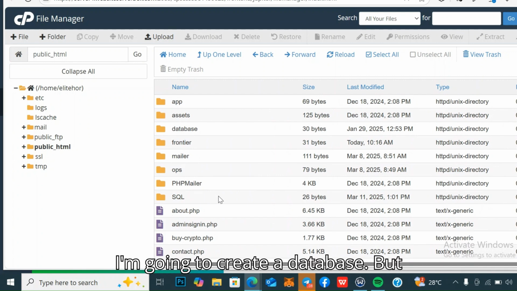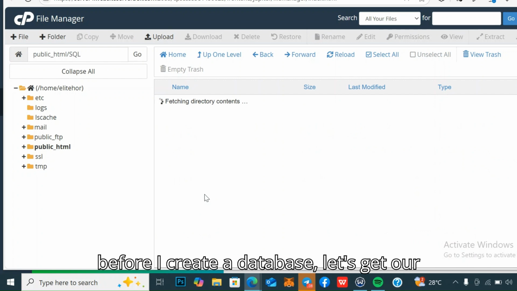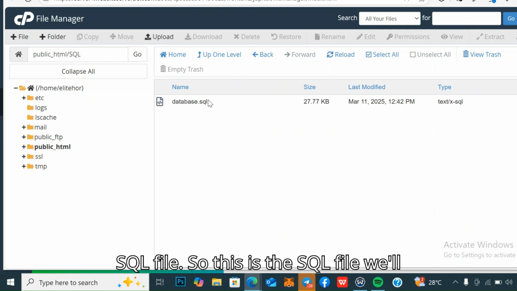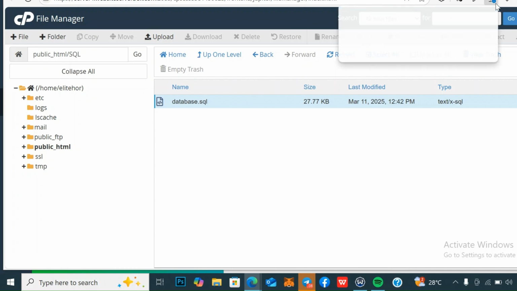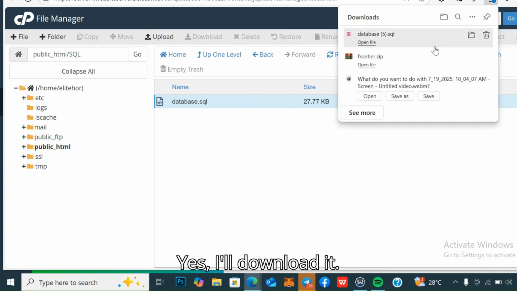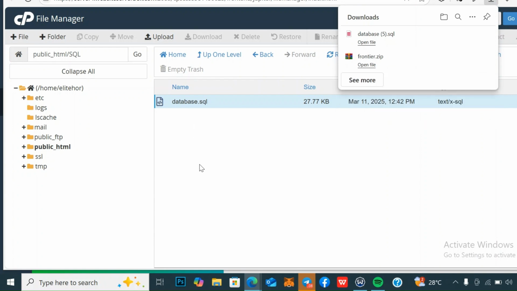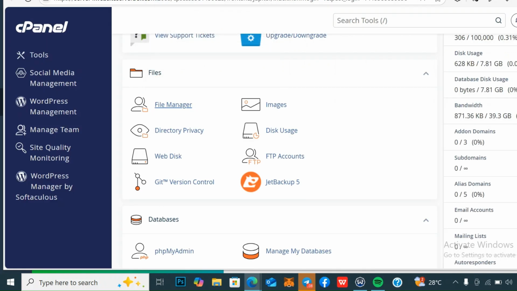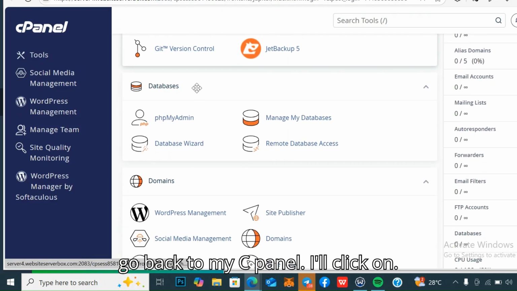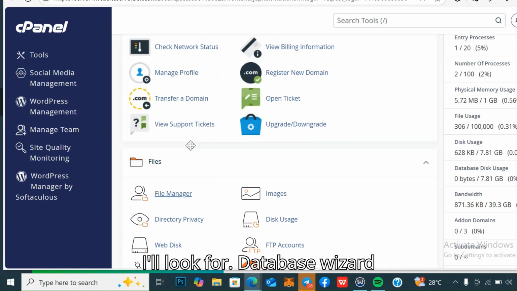So I'm going to create a database. But before I create a database, let's get our SQL file. So this is the SQL file we'll be making use of today. I'll download it here. Yes, I'll download it. Then I'll go back to my cPanel here. I'll look for database wizard,